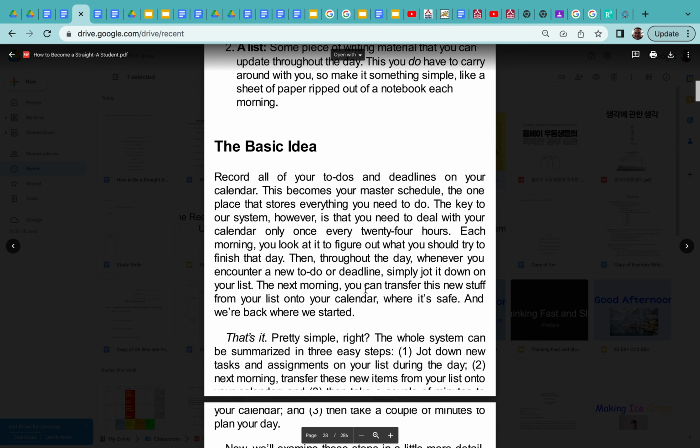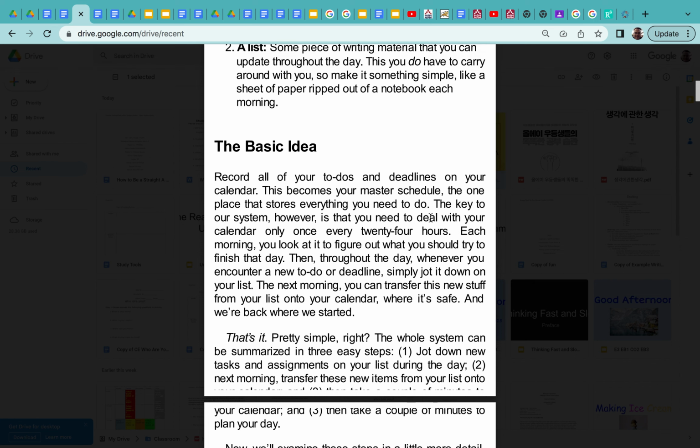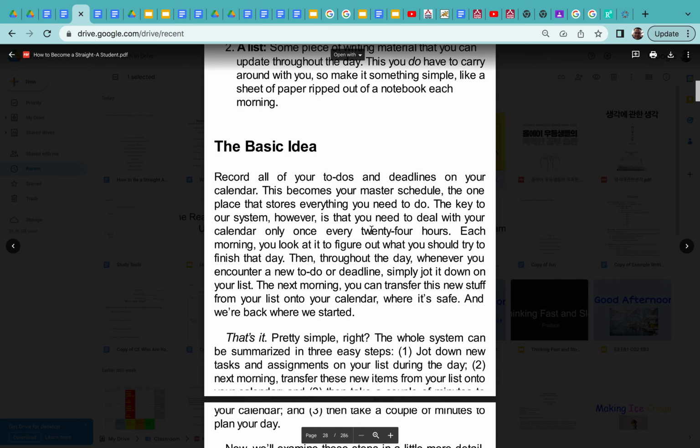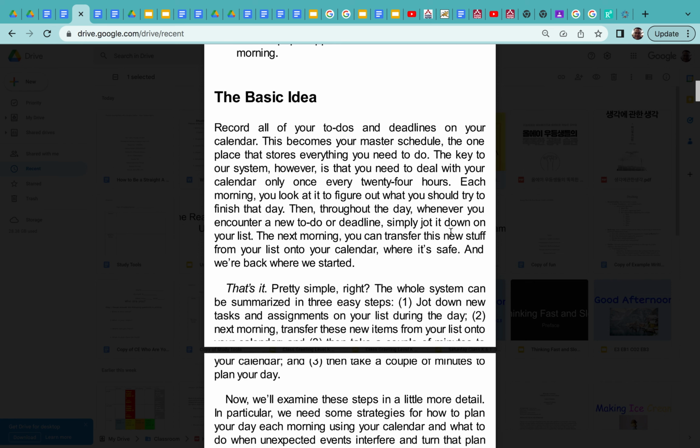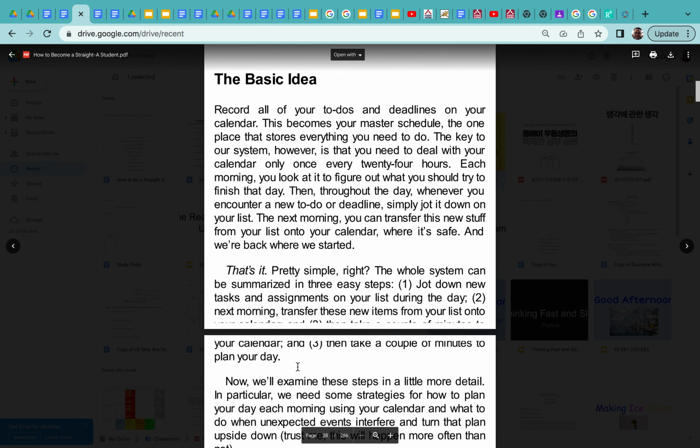Okay, this is how you do it. Record all of your to-dos and deadlines on your calendar. This becomes your master schedule, the one place that stores everything you need to do. The key to our system, however, is that you need to deal with your calendar only once every 24 hours. This is all important.